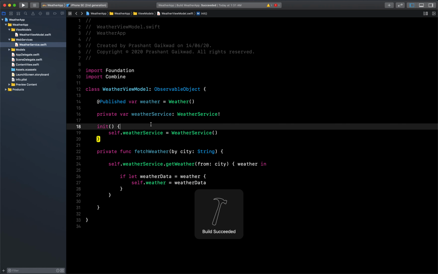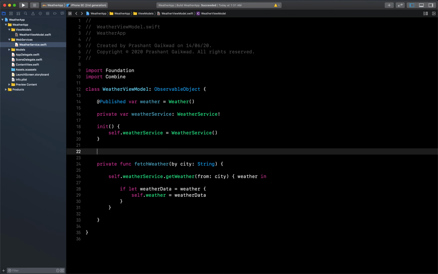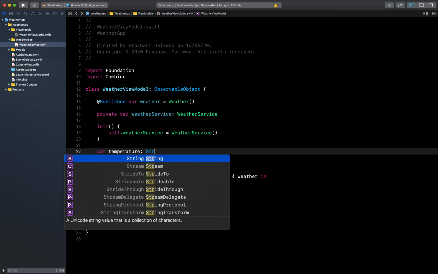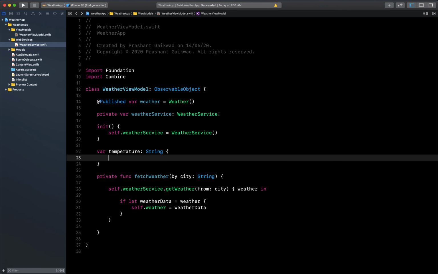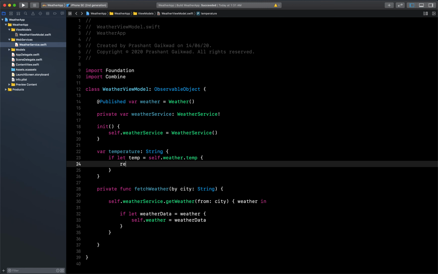Okay, now since we got the weather, we can also get the temperature from that weather. Let me name it temperature, which will be of type string, and we need to fetch it like this. If let temp equal to self.weather.temp, and if we are getting this temperature, then we can return it.